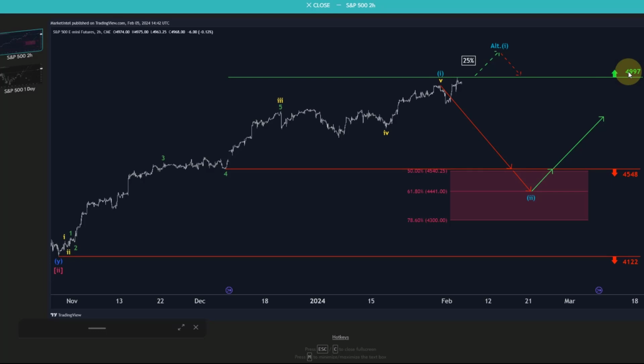If we see a break above 4,997, then this would only mean that this wave 1 is still stretching a little higher. Consequently, that would mean that all the following targets for the subsequent waves would be a little bit higher. That it stretches much higher, we would only assign a 25% probability. In our primary scenario, as already mentioned, this wave 2 should already have started to unfold, or will unfold very, very shortly and send us back below 4,548. That's my update about the S&P 500 today.